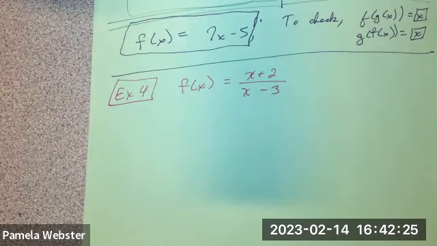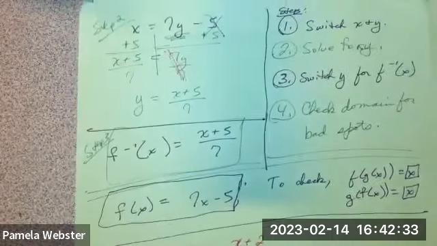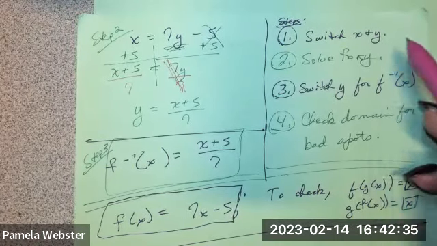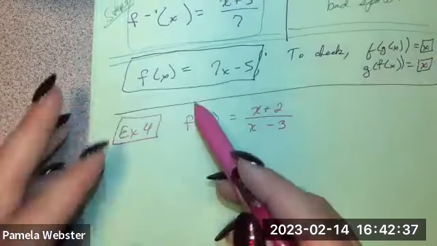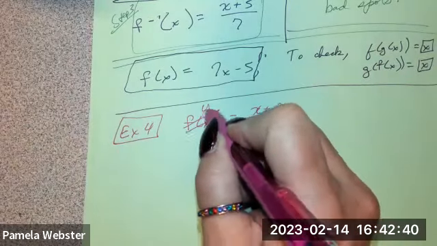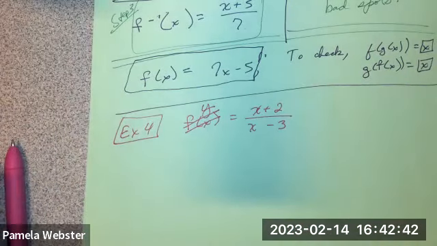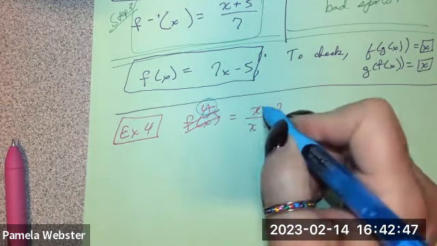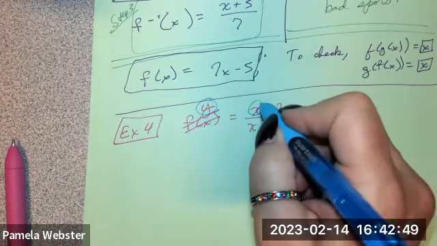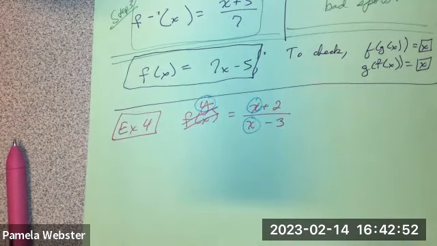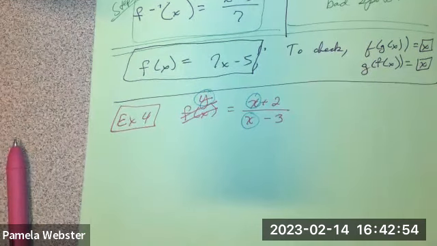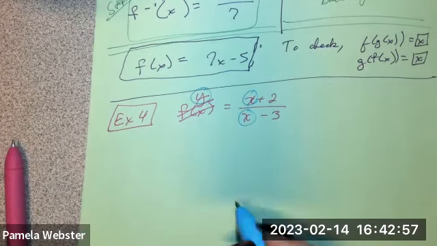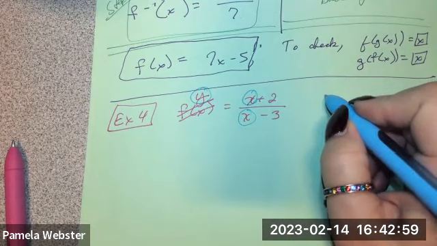All right, so here we go. I'm looking for my steps and they're way up here on the page. We need to switch the x and the y, but I don't have a y yet. So my very first step is to make that be a y. Now I'm going to switch my x and my y. Be careful, because there's one x here, one y here, and 2 x's. When I swap those out, there should be 1 x and 2 y's, right? So step 1,